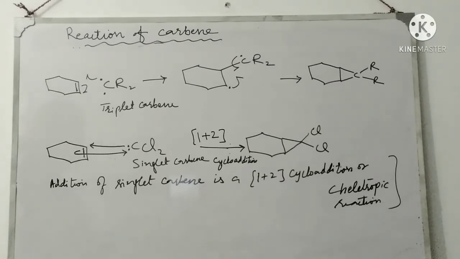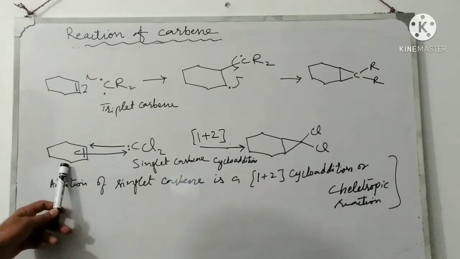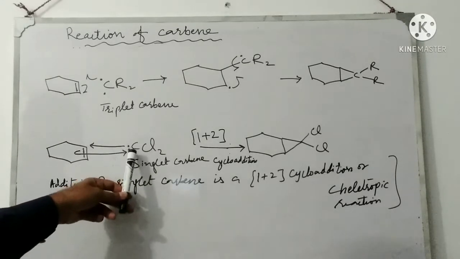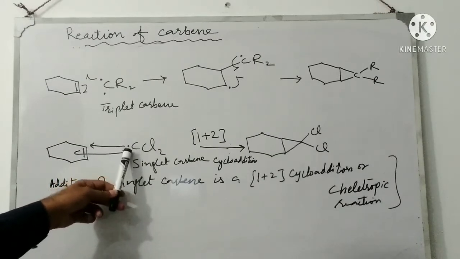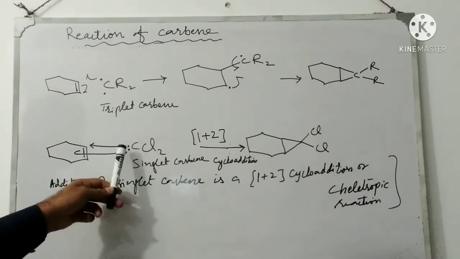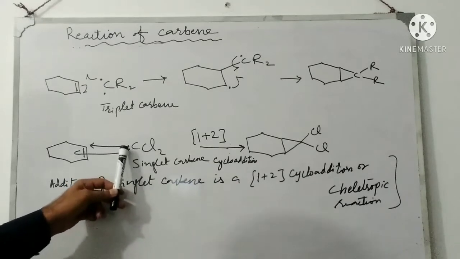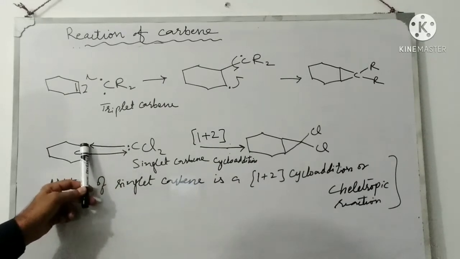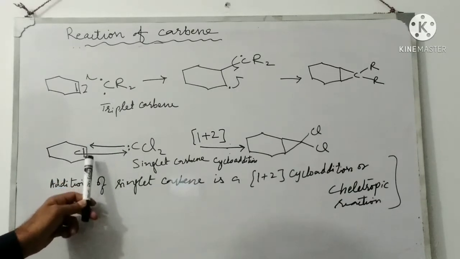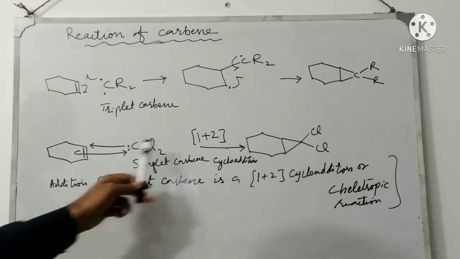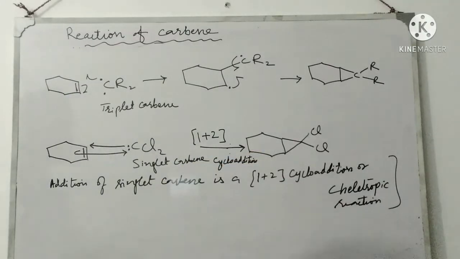When the singlet carbene, like this dichlorocarbene, reacts with cyclohexene, this reaction is concerted and occurs in one step. So with the singlet carbene, the two electrons make the bond with this carbon and the carbene carbon, and this double bond then makes the bond with this carbon and again the carbene carbon, to make this cyclopropane ring.